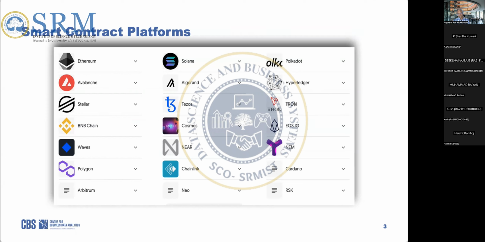So far, if you look at all the platforms which have a big share, Ethereum still has a large majority share in smart contracts because of the ease and also because of the first mover advantage. If you compare with the blockchains or the cryptocurrencies, Bitcoin has the first mover advantage, right?